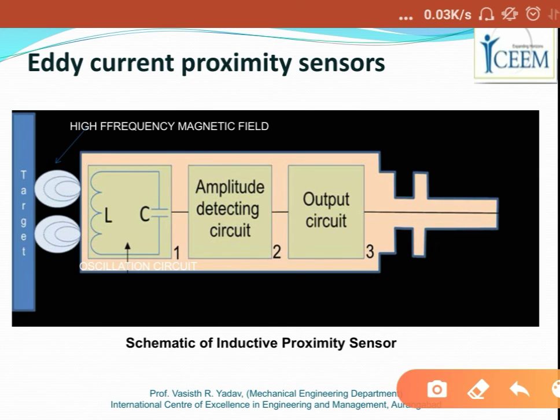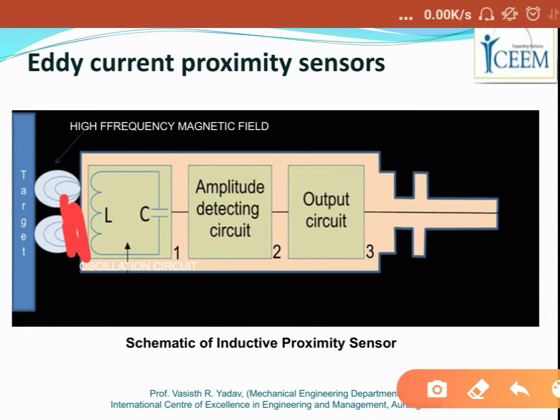Now let us look at its construction. The eddy current proximity sensor comprises a coil. So this is a coil.